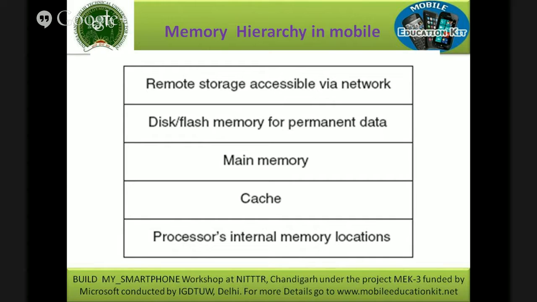Then a new memory has to be introduced, which is nothing but the flash memory. Okay? So you have two types of flash memories. Of course, there is a limited flash memory in the desktops, which is really replacing the earlier ROM or EEPROM memories. But the size, if you compare it, is very, very huge. In mobile, it is in gigabytes. In desktop, it's maybe a few megabytes. Thousand-fold different.